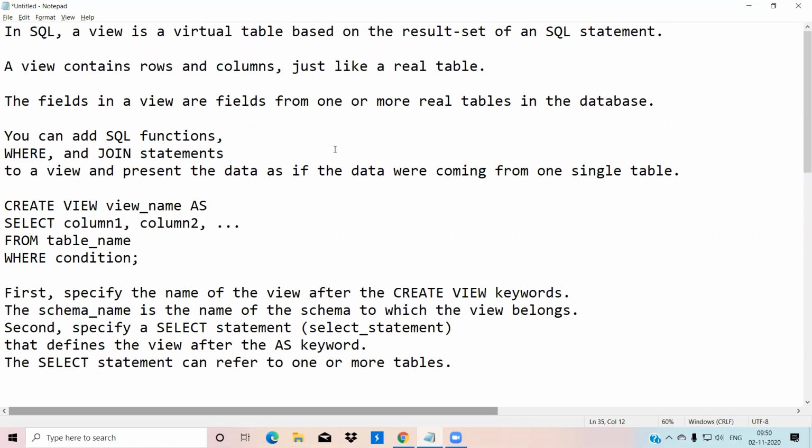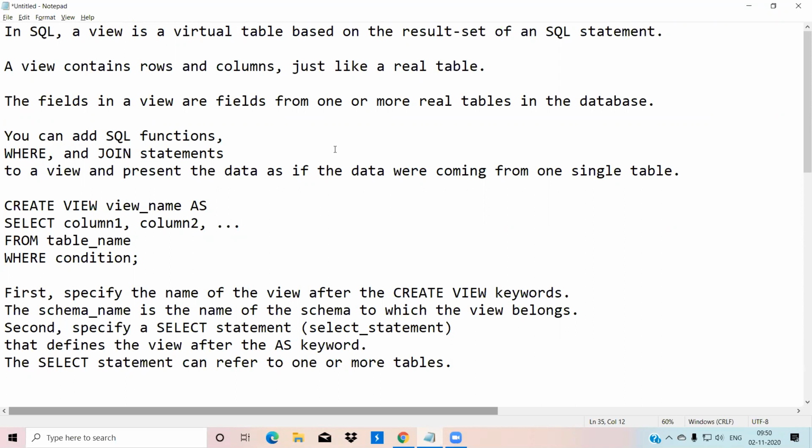So what does the view contain then? A view contains rows and columns just like a real table. A virtual table will be present, but it is not seen, so it works like a temporary table. You are understanding, right? It is going to work as a temporary table where you are going to check how a given database works for actual normal data.